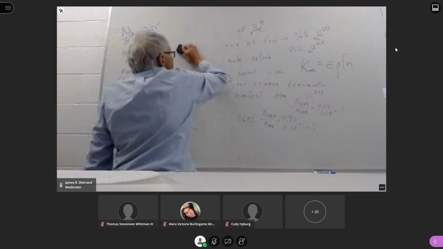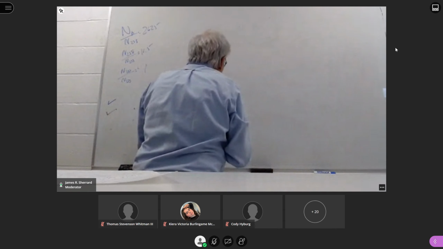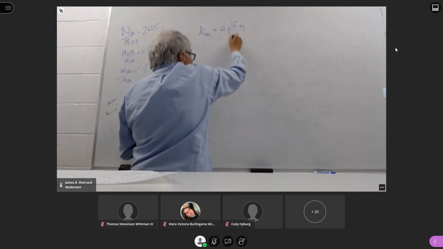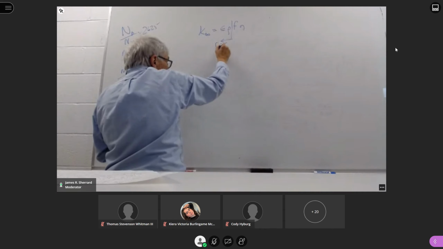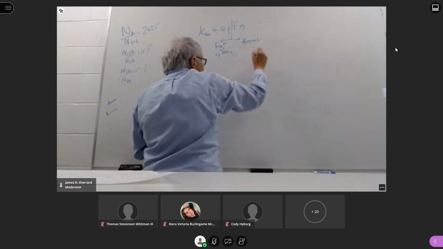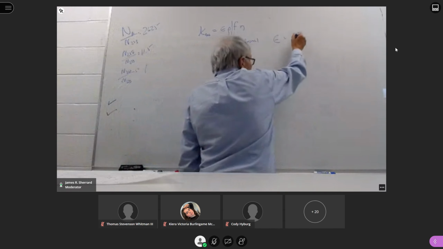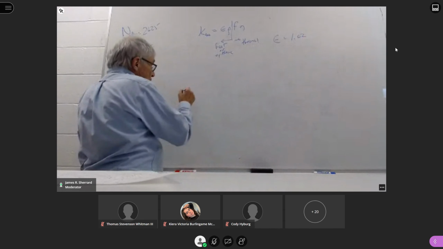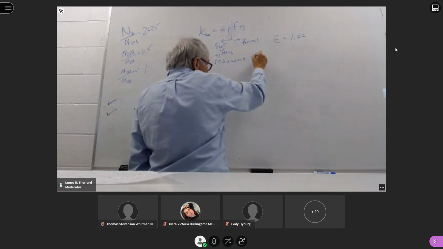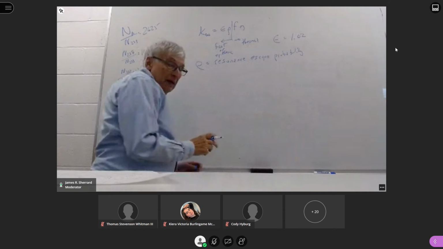So I'm going to go back to my 4-factor formula. Remember again, everything on this side is either fast or epithermal. Therefore, everything on this side is thermal. So just working our way through this, for the fast fission factor, I gave you that in this particular case, which was 1.02. The next thing you had to do was P, which is the resonance escape probability. And that was equal to